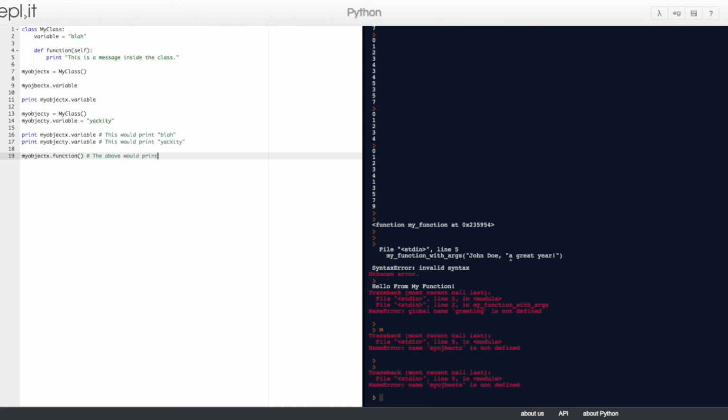The above would print out the message "This is a message inside the class." So the def function itself prints "This is a message inside the class." Then when you take my object x with the period function, it prints out the function.